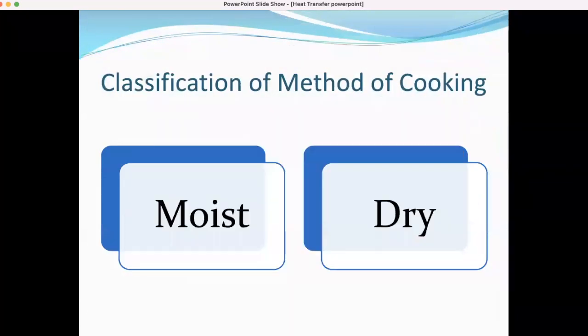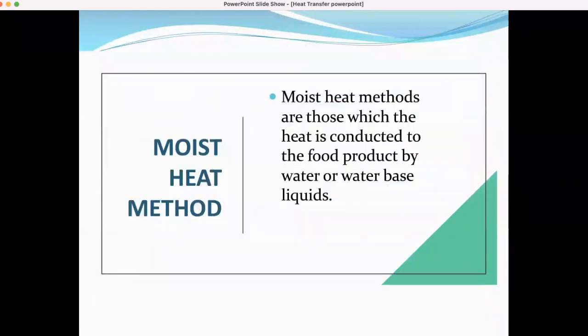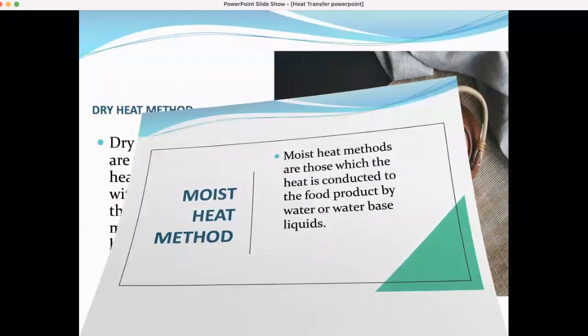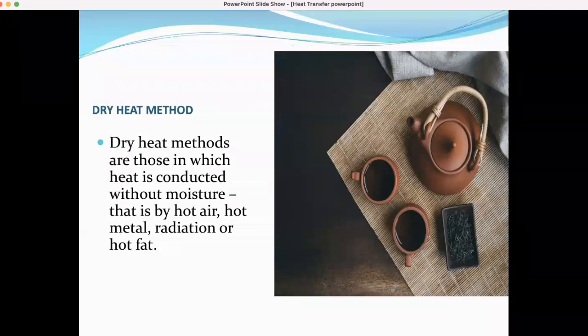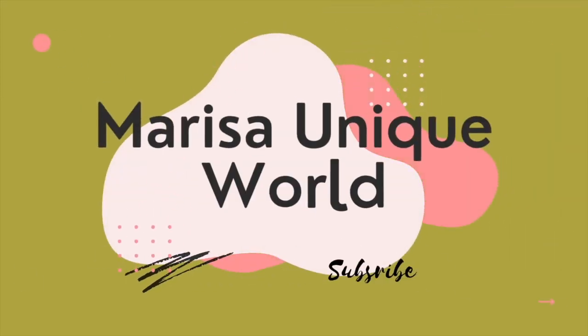Then we have two classifications of cooking method. We have moist methods and we also have dry. Let's talk about the moist one quickly. Moist heat methods are those in which the heat is conducted to the food product by water or a water base. Good? And then the dry heat method now. Dry heat methods are those in which heat is conducted without moisture, that is by hot air, hot metal, radiation, or